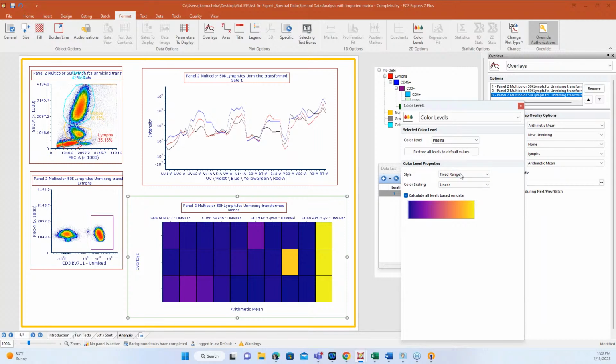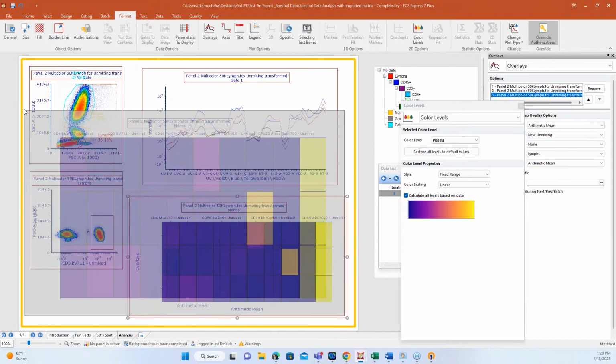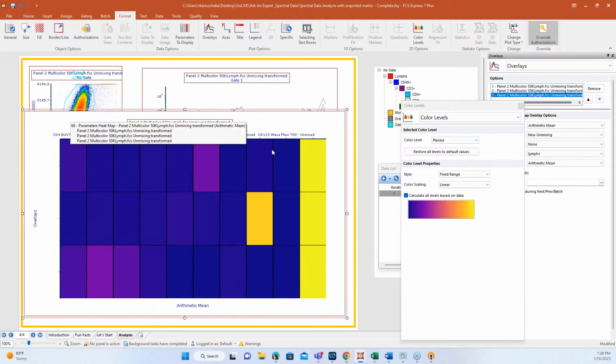I think those parameter heat maps and changing these color levels around is a really good way to use this as a screening tool if you wanted to. So add these overlays and get a really quick idea. It's like, okay, that one really bright yellow square, that might be something. That gives you a lead into going into something else. So maybe you don't have to draw a billion dot plots to find something different that's going on.